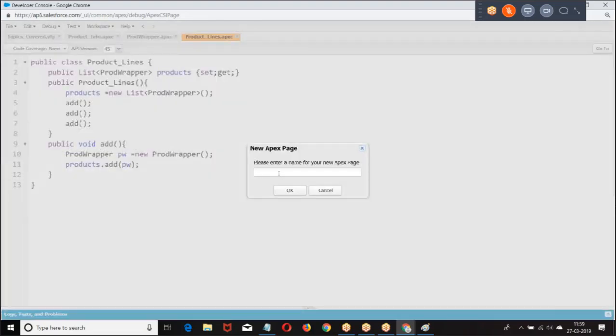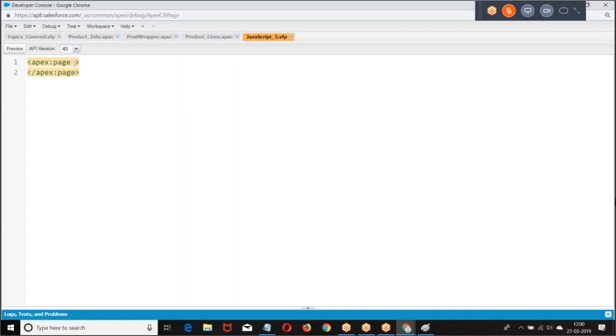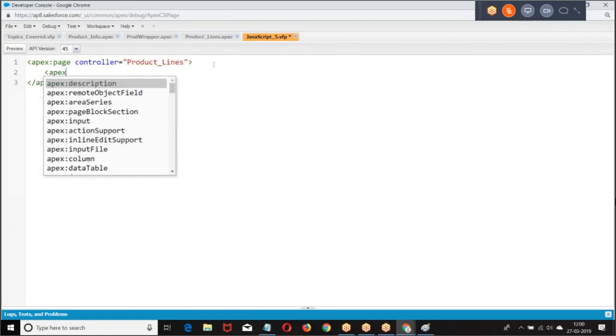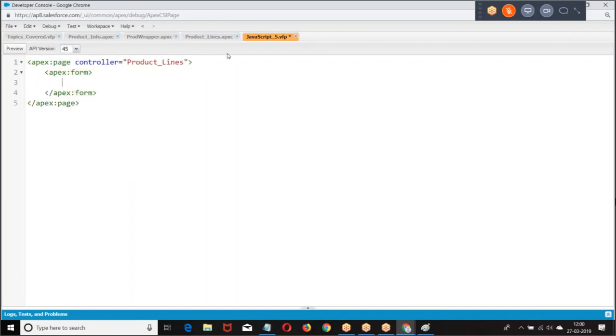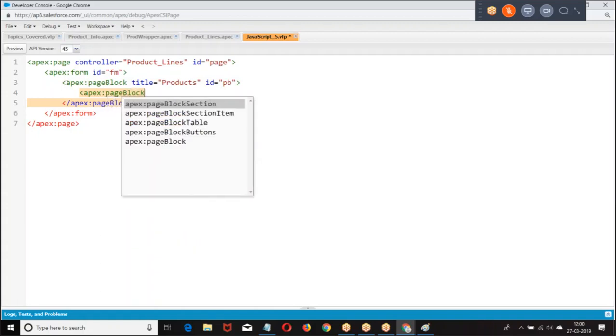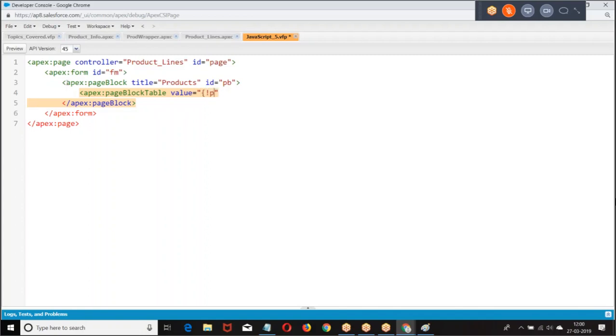Listen, observe carefully, boss. Look at the UI part first. Product lines. Page block, value equal to.